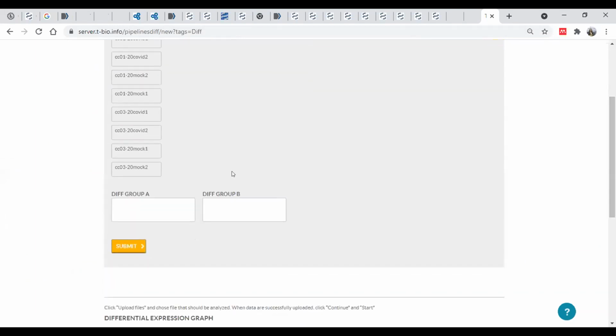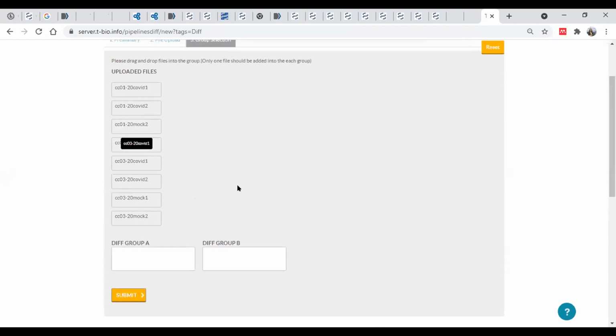Now we need to define our groups, because we need to identify the upregulated or overexpressed genes after COVID-19 infection, or the downregulated genes or downregulated pathways. First we need to drag these samples into different groups. Always, group B should be the condition that you want to analyze.